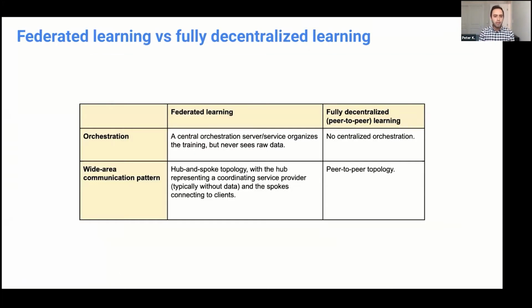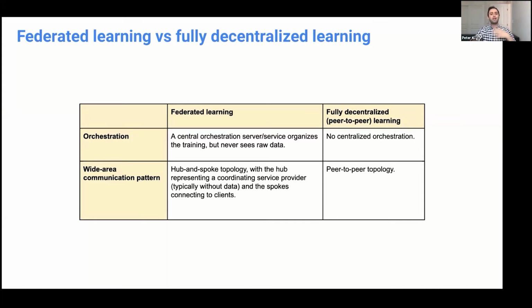There's also a closely neighboring area of machine learning. It's called fully decentralized learning. And that's a very interesting area, but it's very different because in fully decentralized learning, we do not have a service provider. So there's no orchestration back and forth between a server and a fleet of devices or institutions. Here, there's a graph describing interactions between users or clients, and users can talk directly to one another. So you can see that, again, the dynamics are very different. So federated learning is related in some sense, but also fundamentally different from fully decentralized learning.